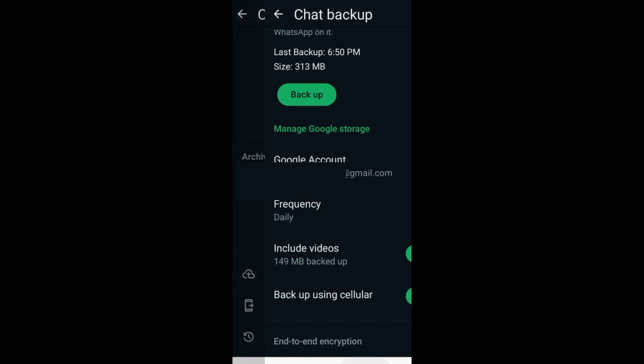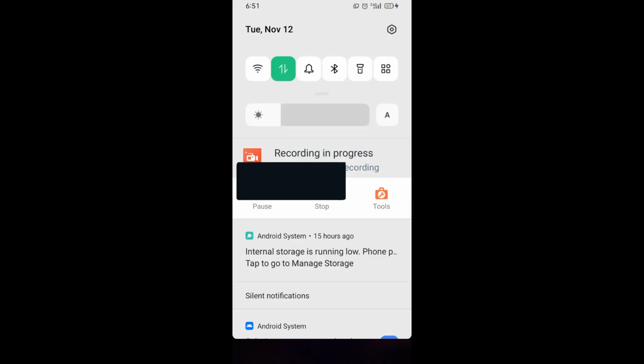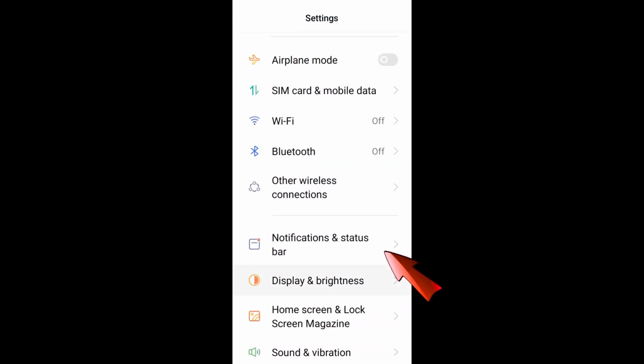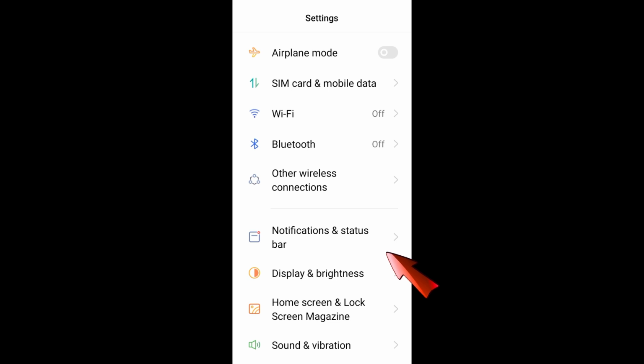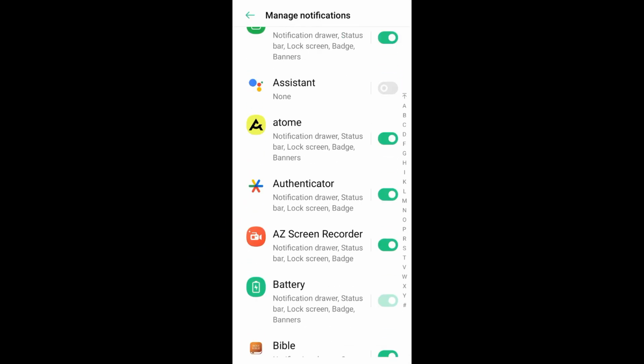Hi everyone, in this video I will show you how to see deleted messages on WhatsApp without notification history. For Android users, it's a big advantage because you have this feature, chat notification history. To see that, you have to go to manage notifications